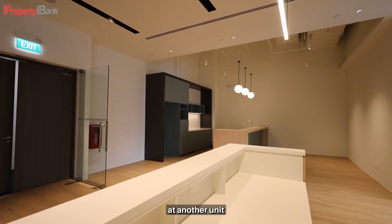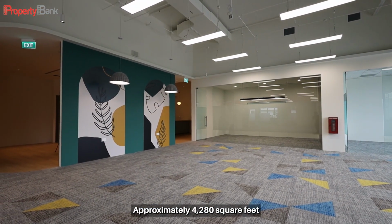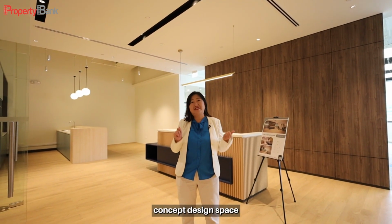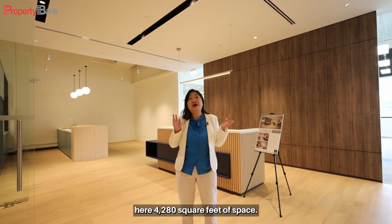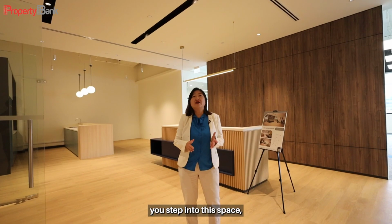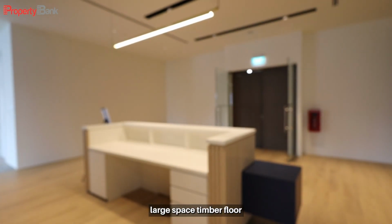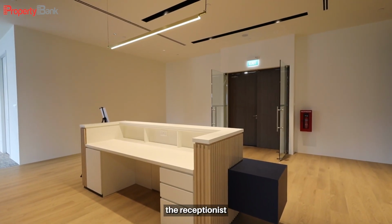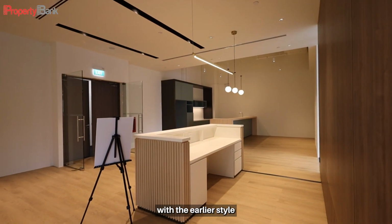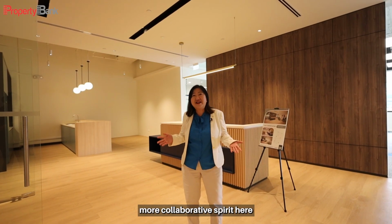We'll now take a look at another unit styled differently, approximately 4,280 square feet. Welcome to this open concept design space. And look at it here, 4,280 square feet of space. The moment you step into this space, you find that welcoming, large space, timber floor, and right in front, the receptionist will greet you. So comparing with the earlier style that we saw, there is a much more collaborative spirit here because